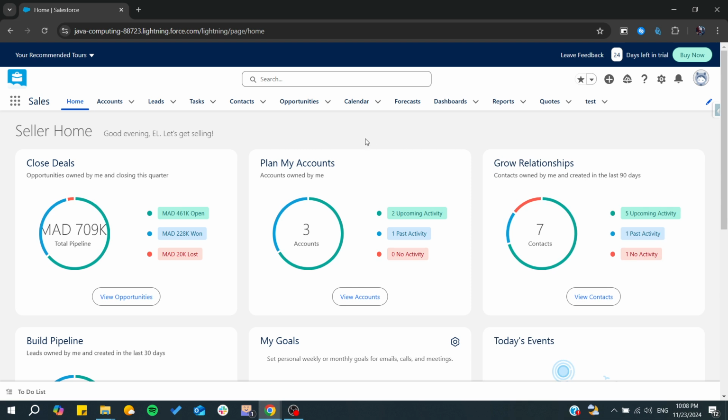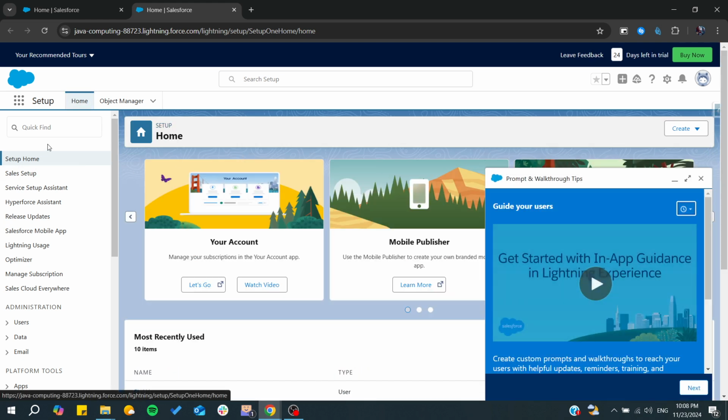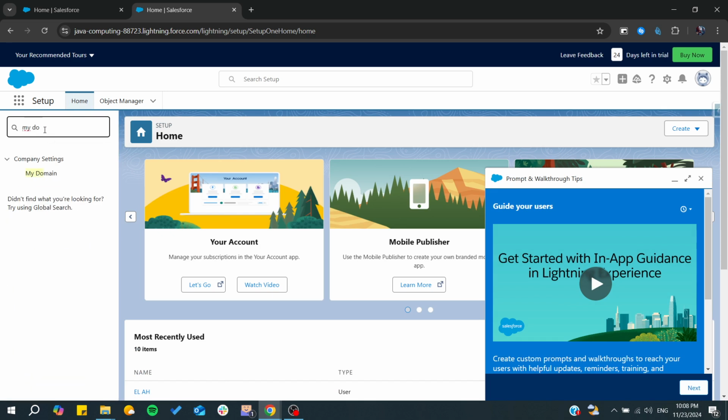So basically, you will need first to go to your setup for your organization. So from here, we click on setup. And basically, you will need to already have your own domain for your Salesforce. So here you will need just to search for my domain, and as you can see we will find these